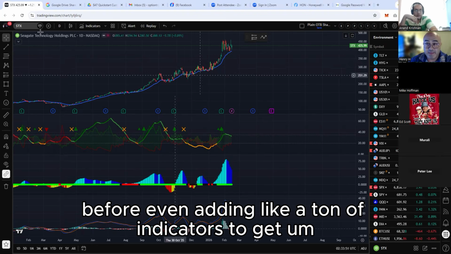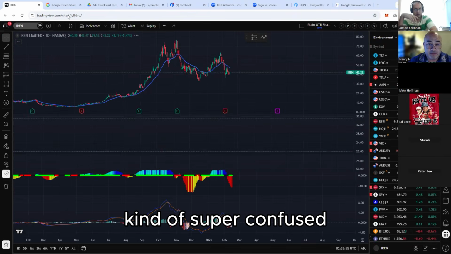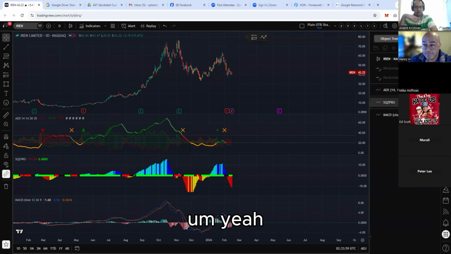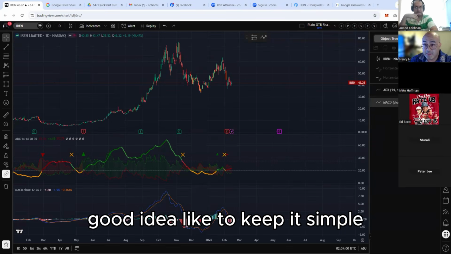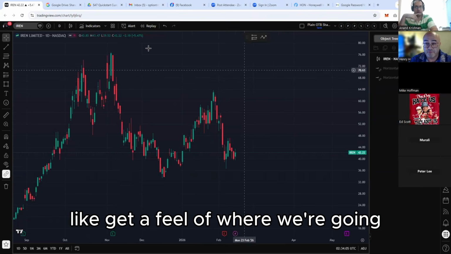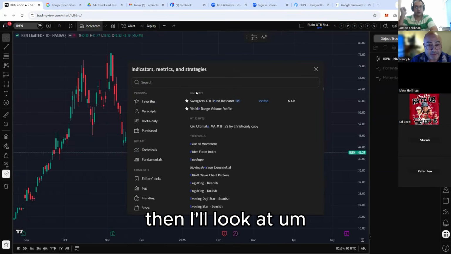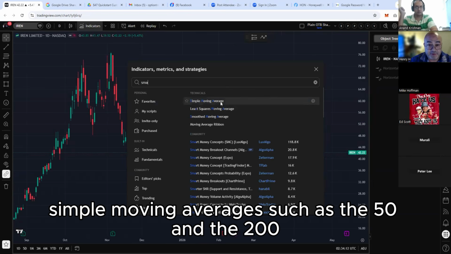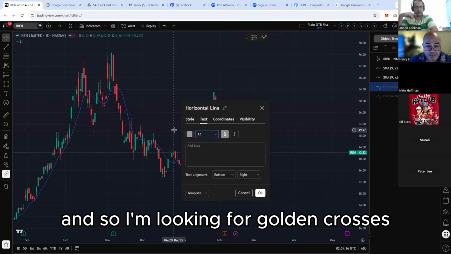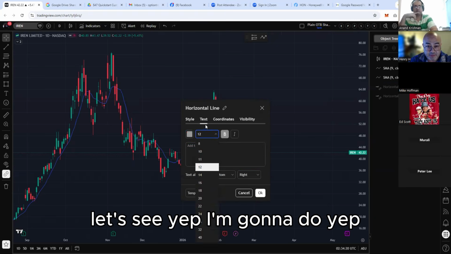Before even adding a ton of indicators to get kind of super confused, let me just clear my chart out. Yeah, good idea. I like to keep it simple. So I use that just to get a feel of where we're going. But if I'm looking at individual stocks, then I'll look at simple moving averages, such as the 50 and the 200, and so I'm looking for golden crosses. Let's see this one. I'm going to do,